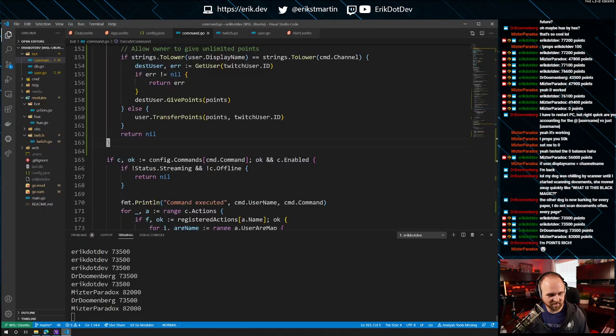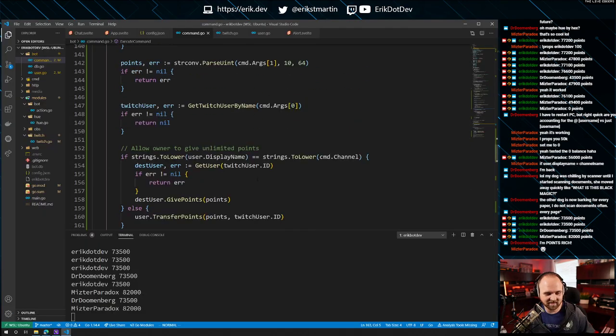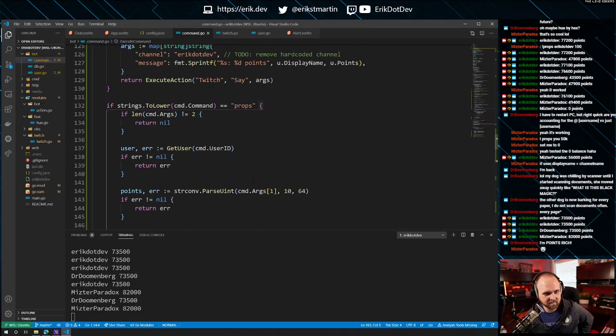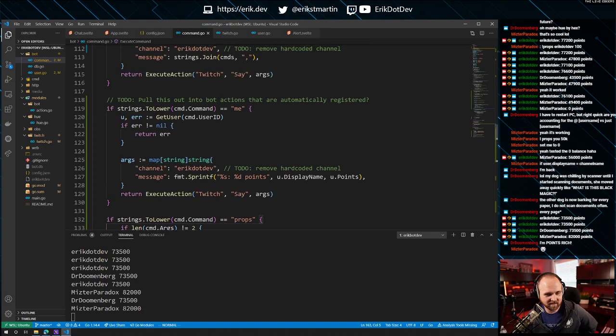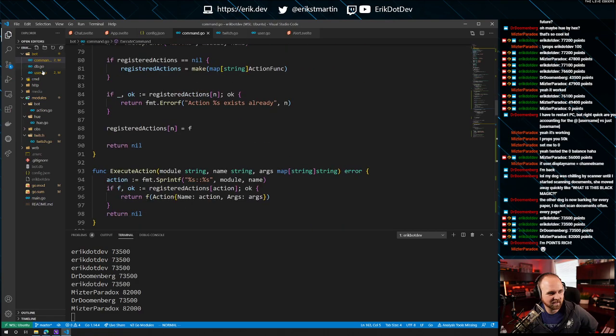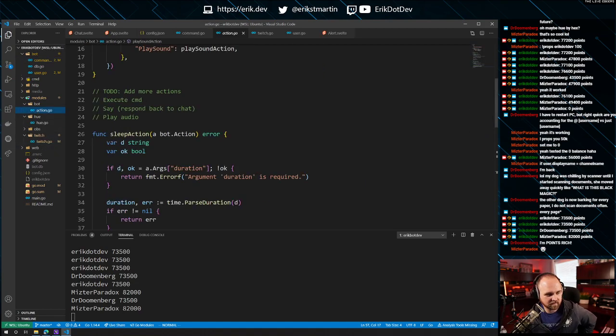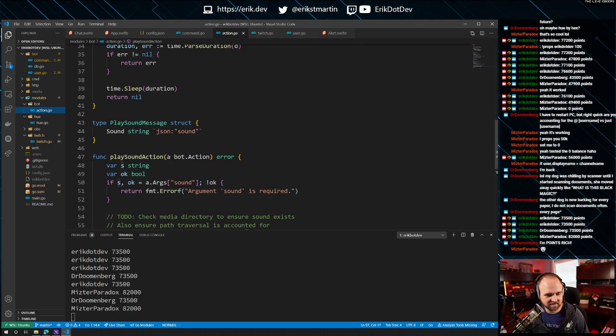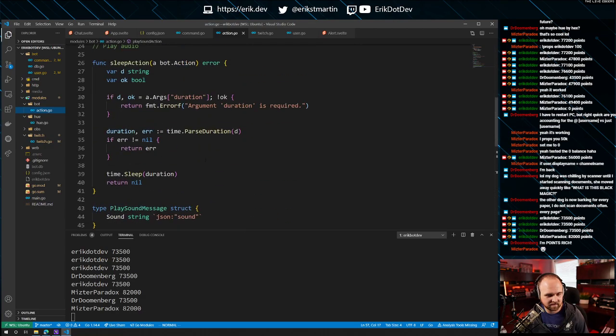So I think we probably need to abstract some of these things out though. Like this has gotten pretty kind of crazy. So what I think we need to do is implement some actions for these things, and maybe